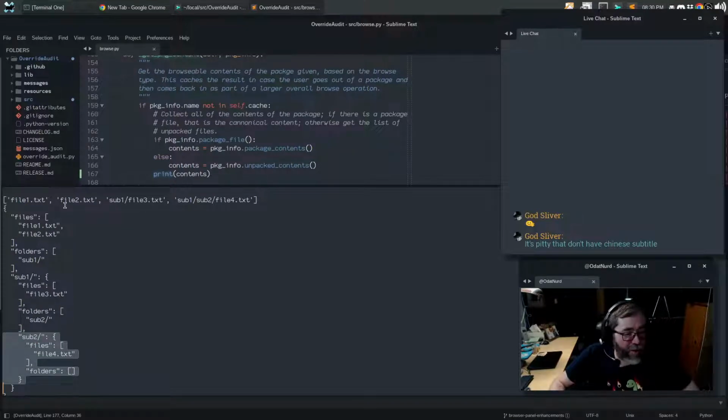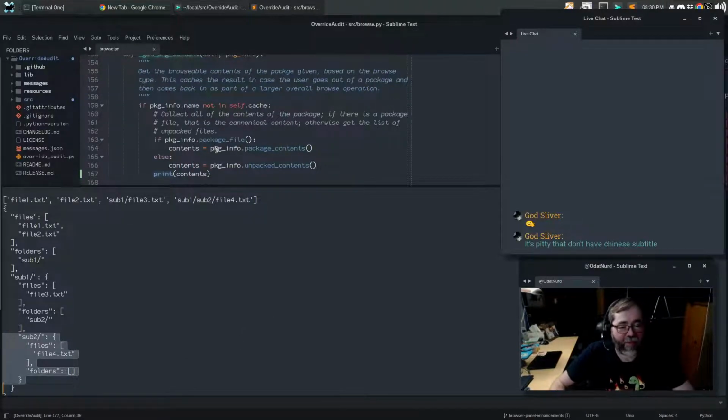There's no nice way to easily grab this information and carry it forward, so that when this thing gets displayed, it knows that sub 1, sub 2, file 4 is actually an override,